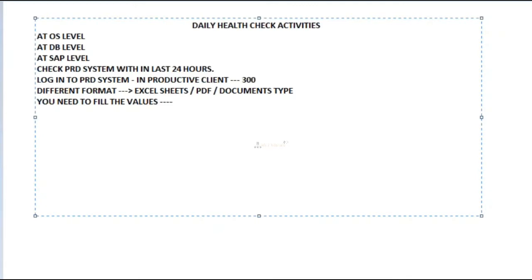So ultimately who will cross check this? My project manager or my client side manager, or my client will see this document. Using this document, my client can understand how my system is performing.